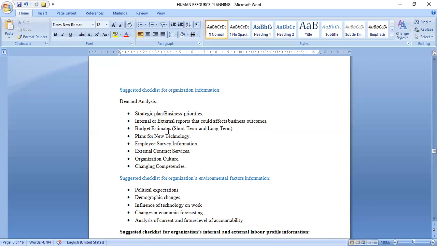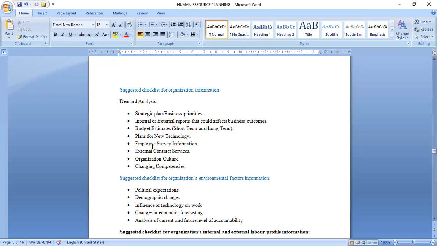There is need to plan ahead, just in case this machine comes into the organization, that there will be the required people with the appropriate skills to operate these machines. So you look at these factors, and these factors will guide these organizations to effectively carry out the human resource planning.